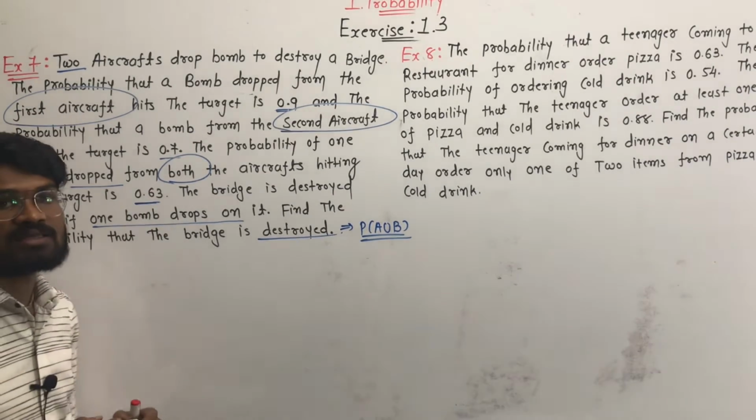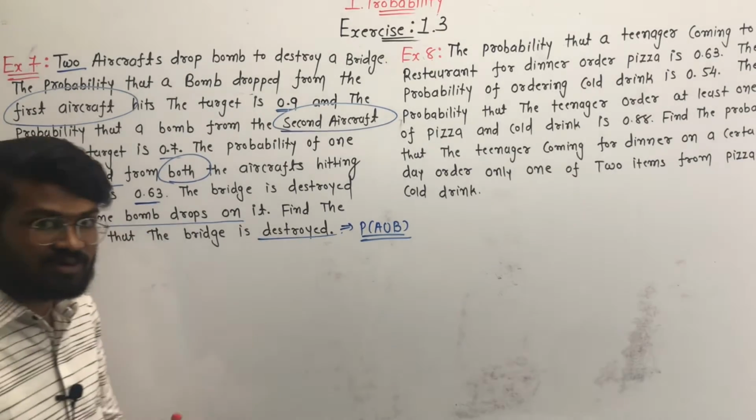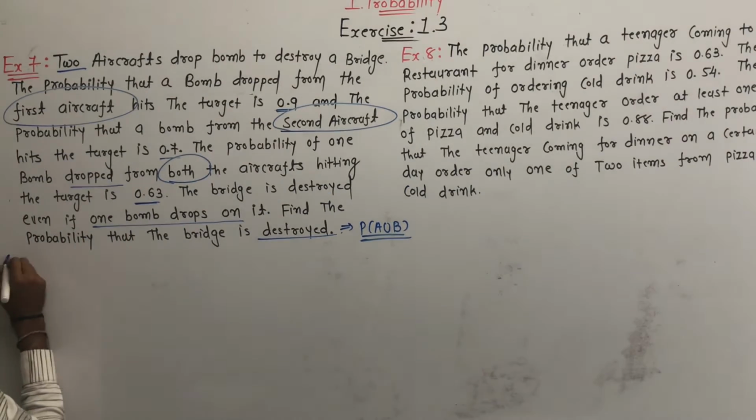Okay, for and there is an intersection. Yes, so this is the probability of the intersection of event A and B. Okay, so our answer is that